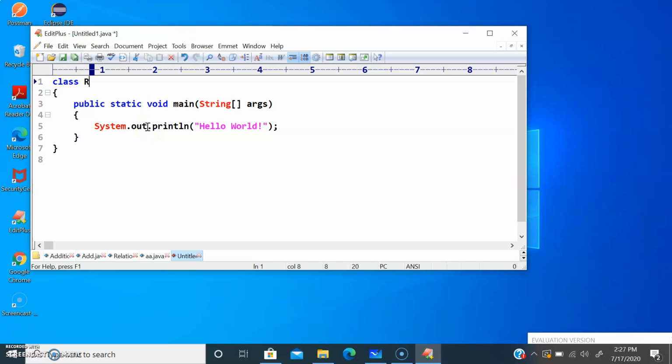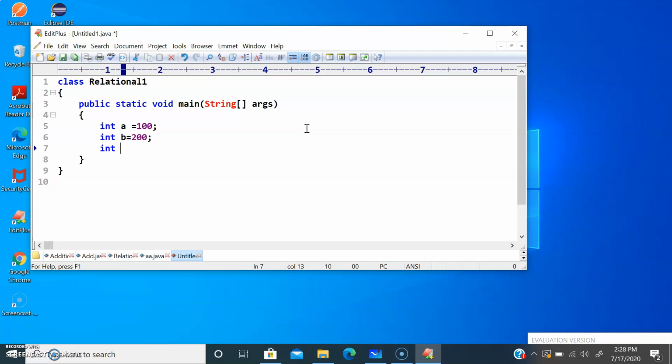The program name is Relational1. The same kind of program we did on the board. int a is equal to 100, int b is equal to 200, int c is equal to a plus b. Then boolean d is equal to a greater than b, boolean e is equal to c not equal to b.